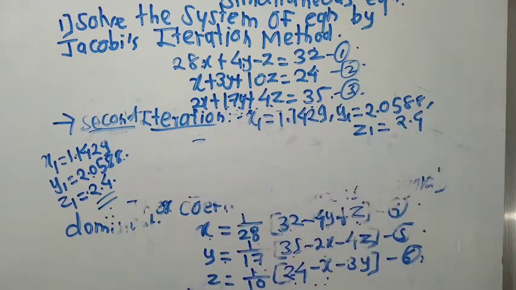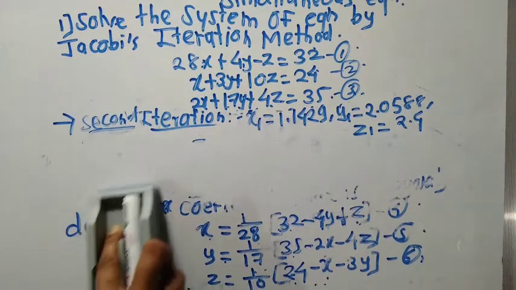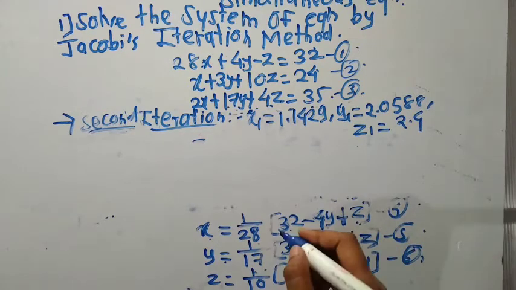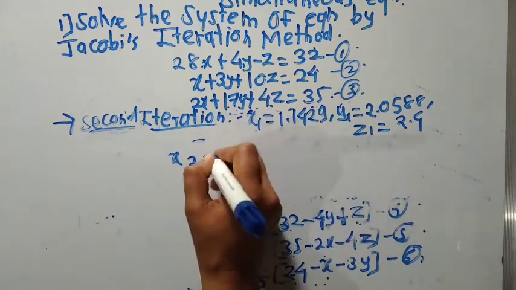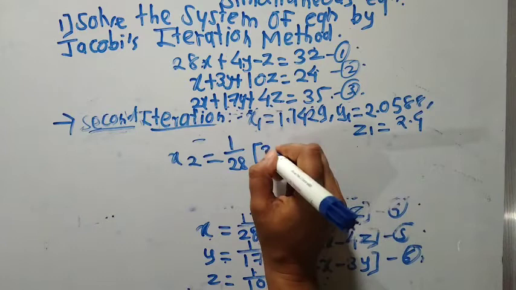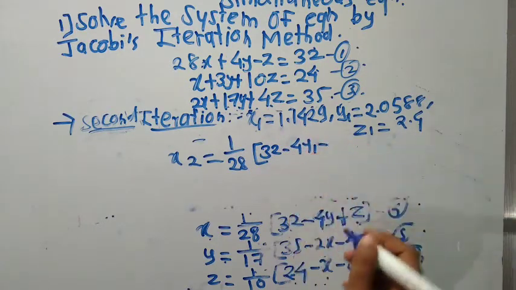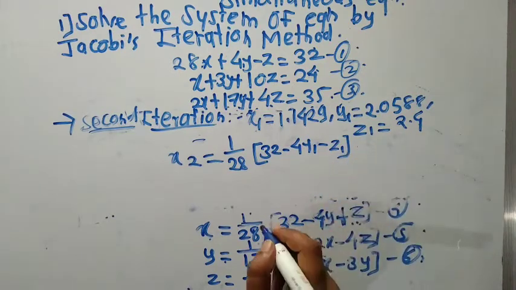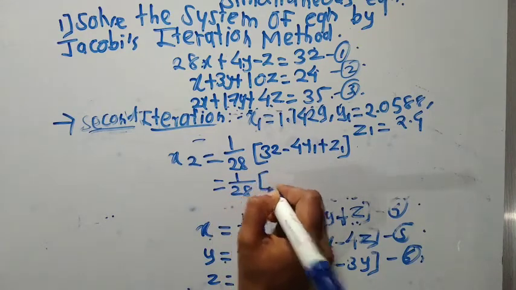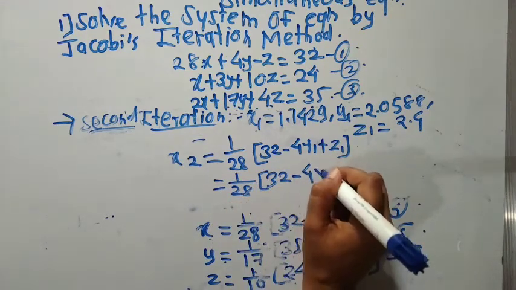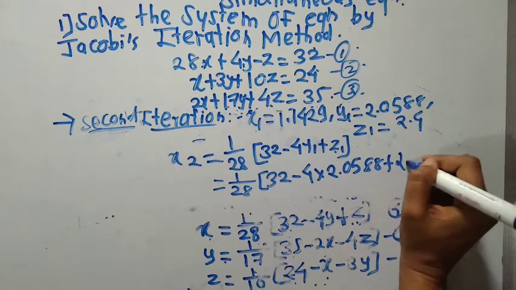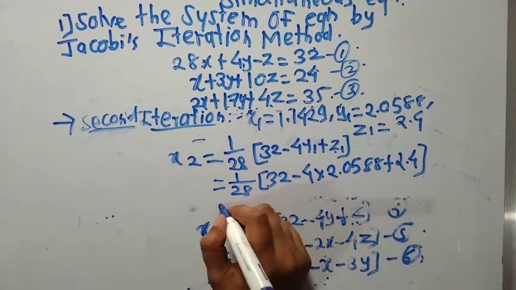So put in this equation, find out x2. So x2 is equal to 1 divided by 28, 32 minus 4y1 plus z1, which is equal to 1 divided by 28, 32 minus 4 into y1, which is 2.0588, plus z1, which is 2.4, and which is equal to